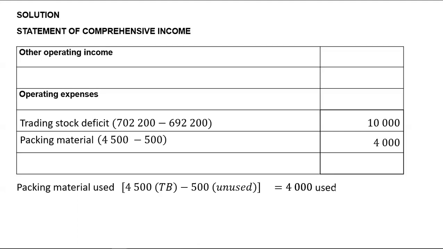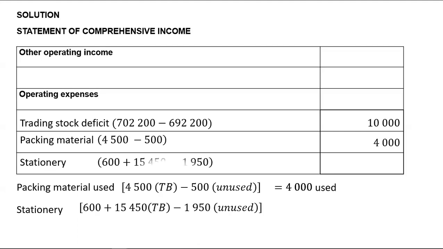Okay. And then when it comes to stationery, we're going to start with the balance at the beginning of the year for stationery, which is 600, add net purchases of stationery for the current year, which was 14,450, and then you minus stationery that was not used at the end of the current financial year of 1,950. The stationery expense, which is what has been used, will be